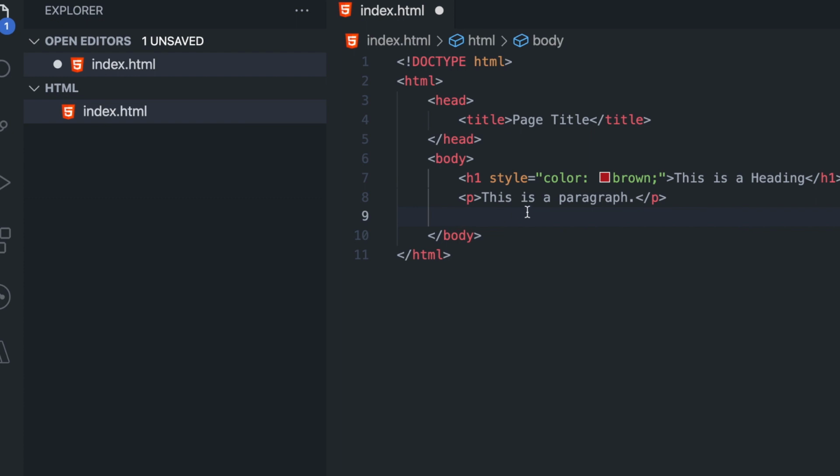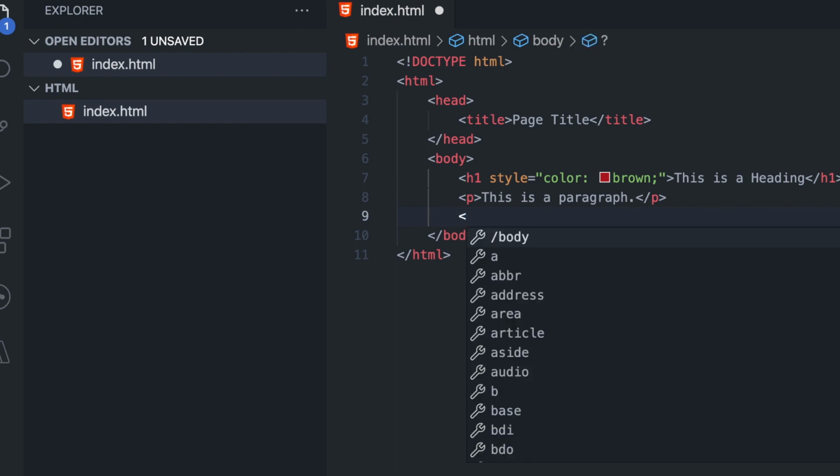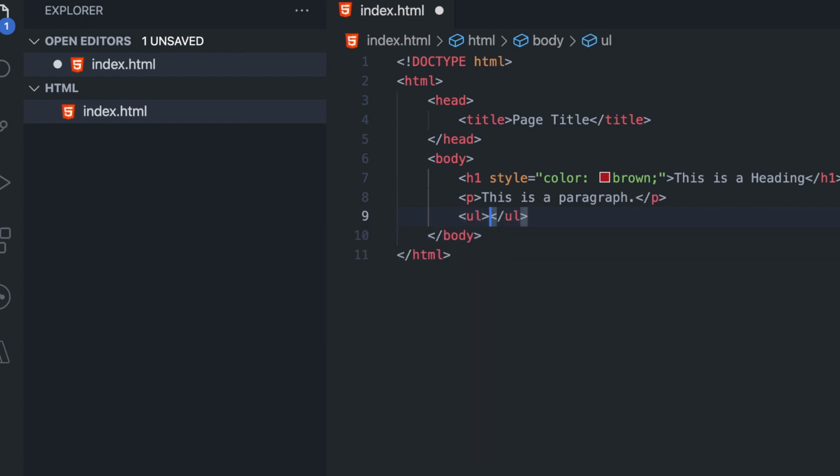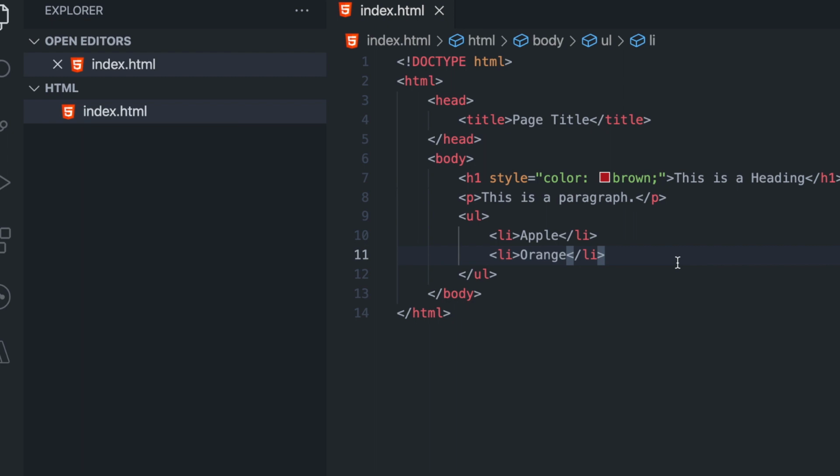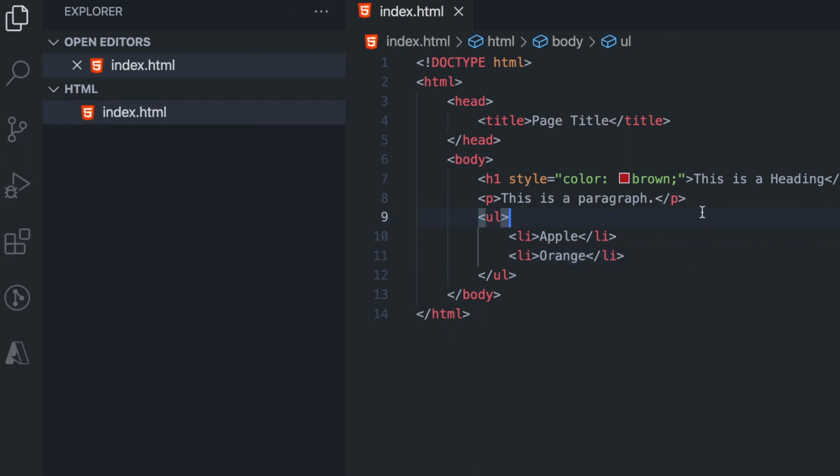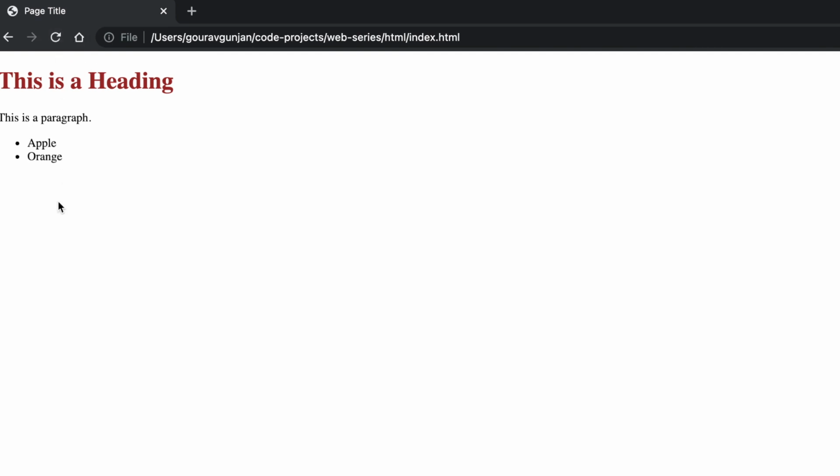And then there are other things which I don't want to scare you about, but consider this. There is something called UL, which is unordered list, and then we say LI, that means list item. So I say apple, or I can simply press Ctrl C, copy and paste, and then we can write orange. So don't be scared about copy pasting. We do have to do a lot of copy paste as a web developer. I'm just saying this to make your life easier in future. So when you do UL LI and refresh it, you can see these bullet items came in.